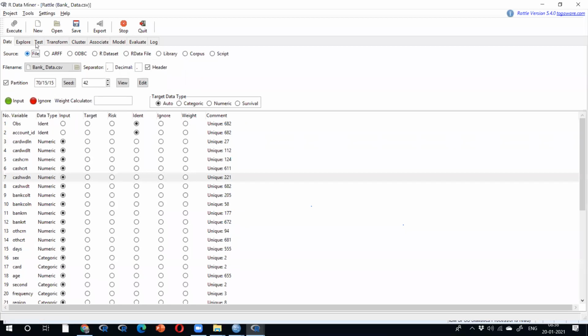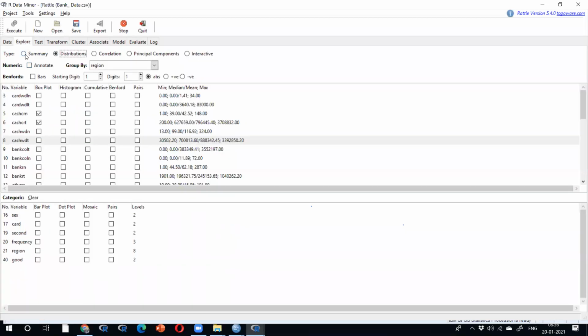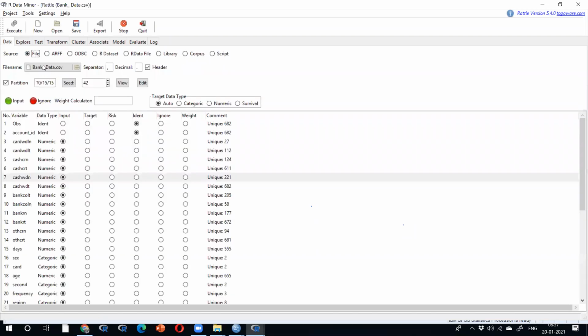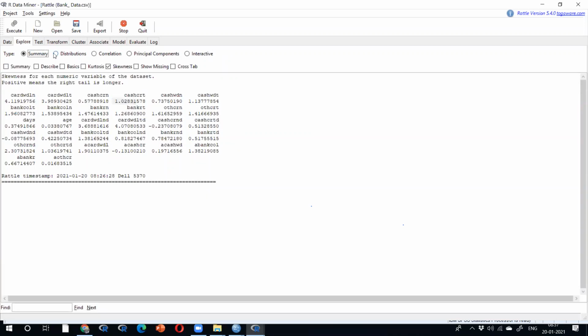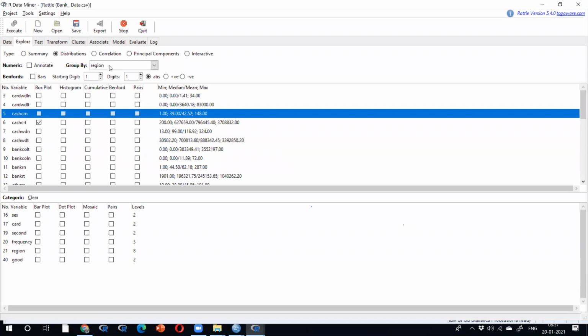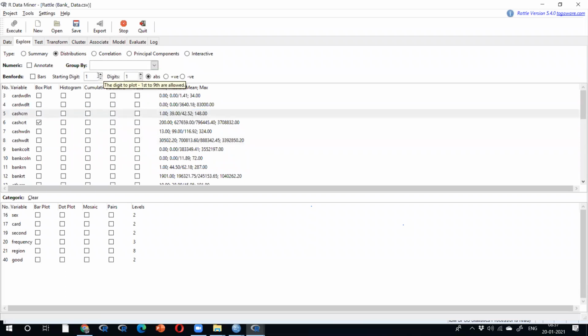Yes. Now, summary. This is good, but it's showing outliers. Cash credit, clearly outliers are available. So now, Explore, Distribution, cash credit, I'm not choosing any group variable. Execute it.